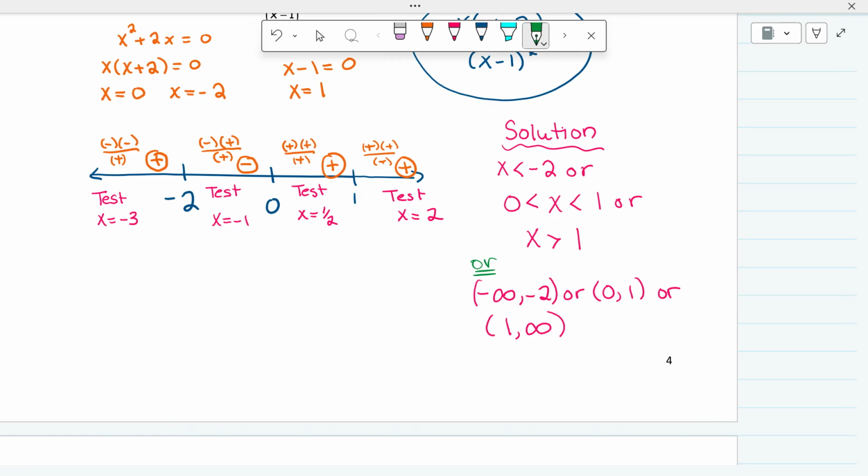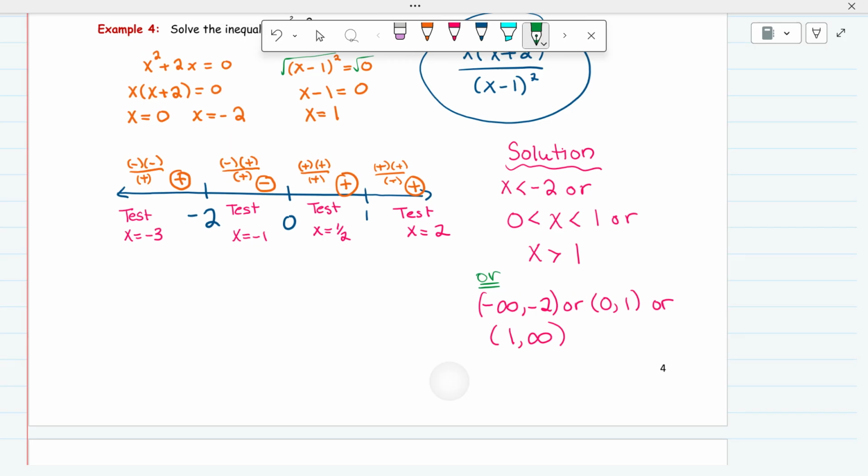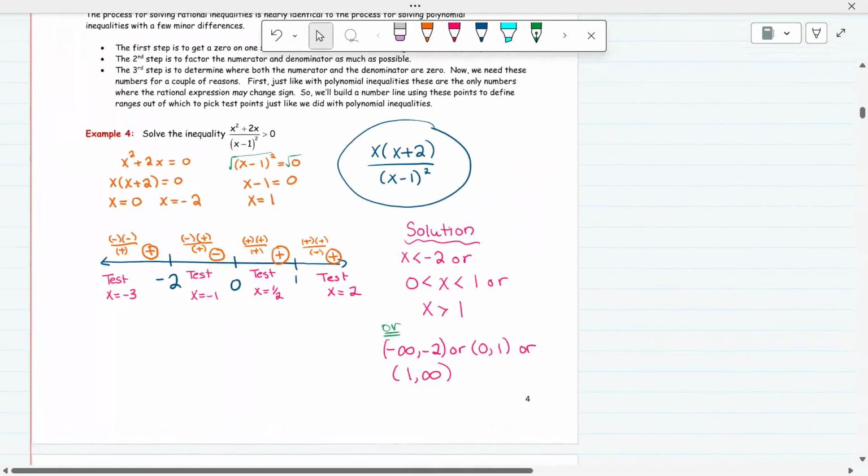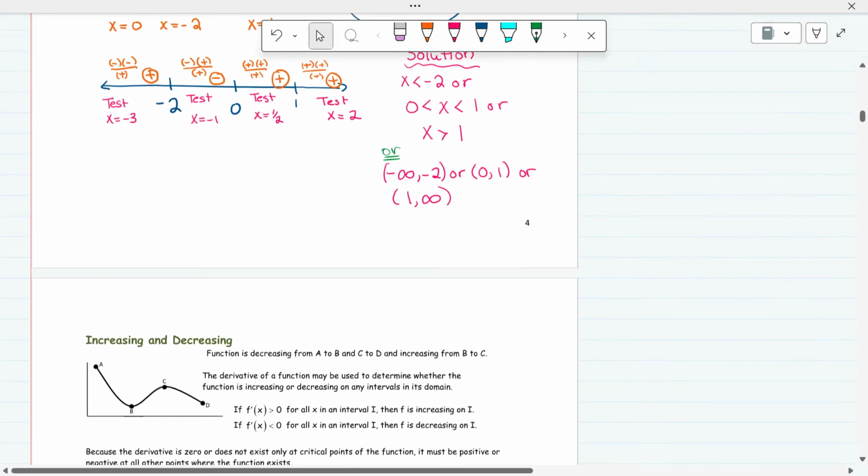Yep, lots of ors. Right, so guys, we have one more question to do, just a little hint of calculus today. That is your review of the pre-calc. This idea of intervals, positive versus negative, is going to help us curve sketch where the graph's going to increase or decrease. So that leads us into